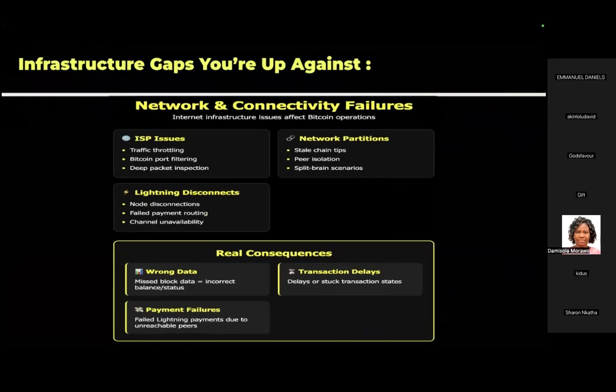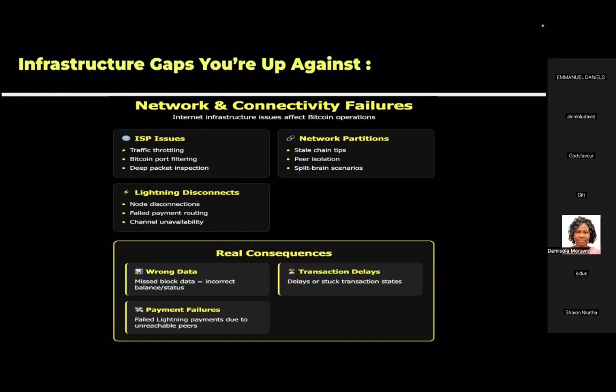And then there might be network or connectivity failures also. This one is not you. It's probably your internet service provider. Let's say you are not using a physical server. It might even just be your cloud provider. Sometimes on AWS, if you are not lucky at that point, the region you deployed to or hosted your nodes in might have something wrong with it. At least for that moment, till you get results, everything will be down. And the consequence for you at that time is you miss some block data.